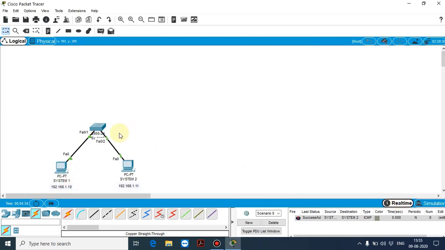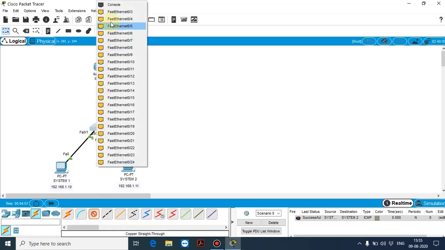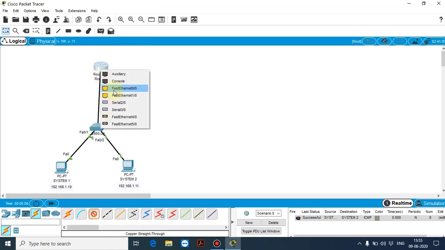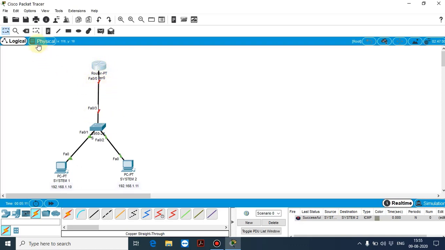So now what I'm going to do, I'm going to configure with one router, okay. So take one router, so go to PT router, so click on that router 1, okay. So now here also I'm going to connect the switch to the router, so two different devices are there, therefore we have to choose a copper straight cable. So click on that fast ethernet 3, I'm going to connect with fast ethernet 0/0. So if you see here 0/0, 0/3, okay, 0/0, okay.